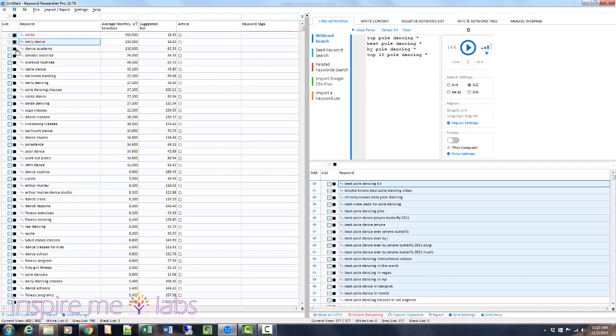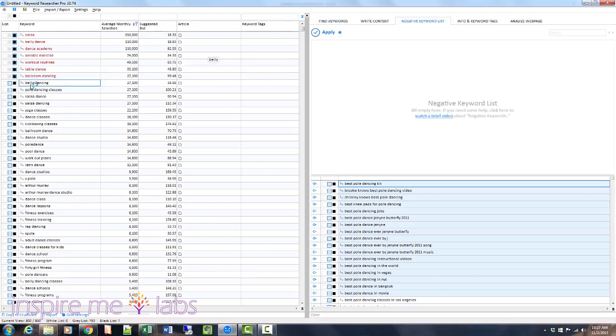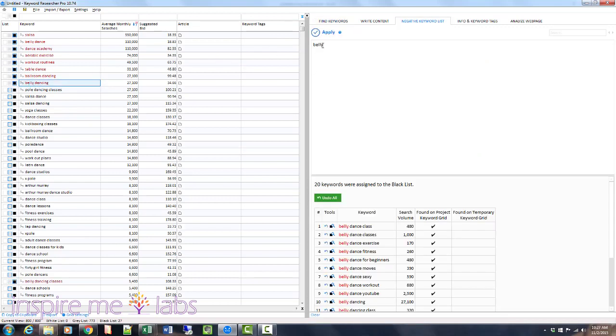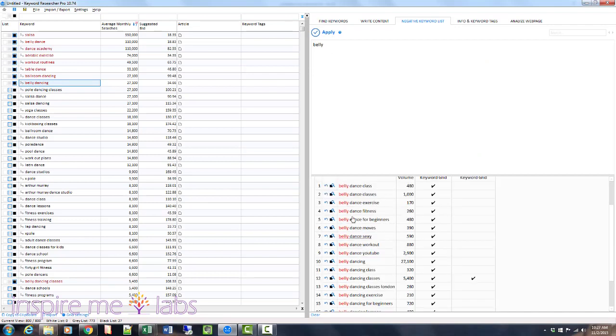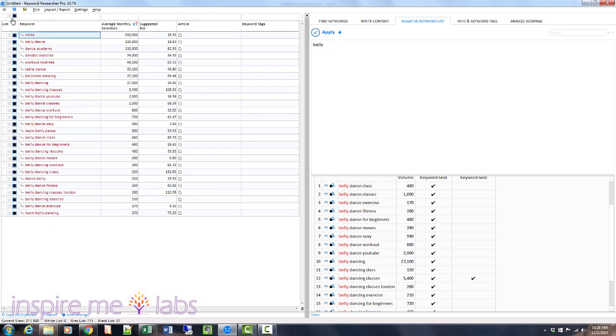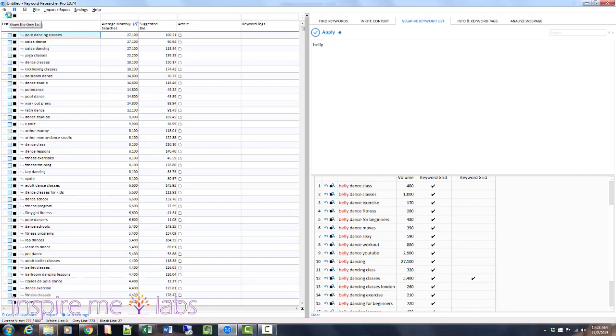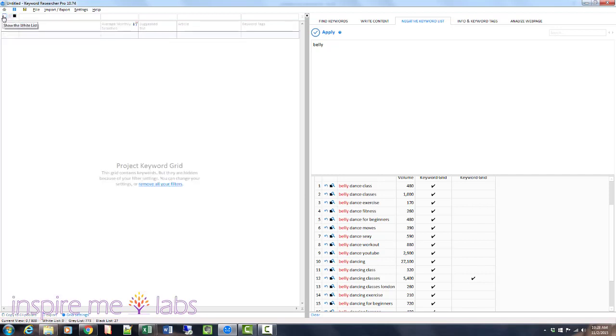So belly dance is also red, all these are red, and I could actually mark keywords themselves to be red by keeping the Alt key pressed and just clicking on something like belly, so that goes into the negative keyword search. And every keyword over here, it'll show you a summary here. Every keyword that we had in our list which has the word belly gets marked as a negative keyword, and if I click this, I can see all the negative keywords here. Go back to the ones, because I'm still working on them, and white would be all I haven't really selected